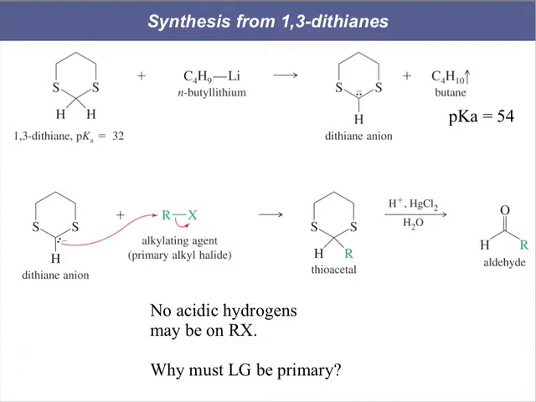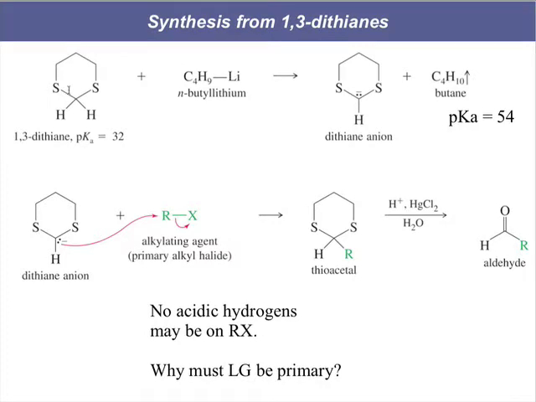A new reaction that's kind of cool is a synthesis of aldehydes or ketones using a functional group called a 1,3-dithiane. This is a 1,3-dithiane. Remember, thioethers are kind of the sulfur analog of ethers. And in a ring, we call this a 1,3-dithiane. These hydrogens are